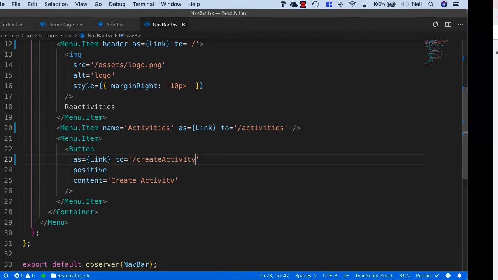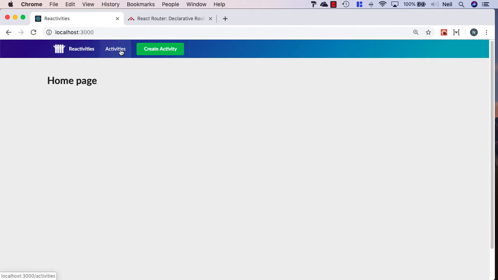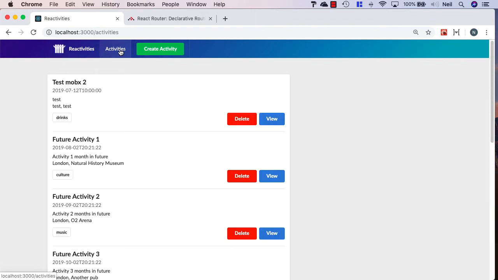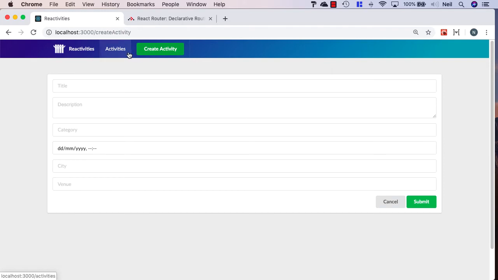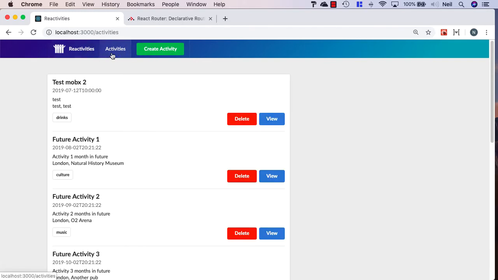And if we take a look and go back to our browser, what we should find now is that our cursor changes to a hand to represent this as a link, and we can click on the menu items and we browse to our different pages in our application. Now the only thing is the menu bar isn't highlighted to show which particular menu option we've selected,